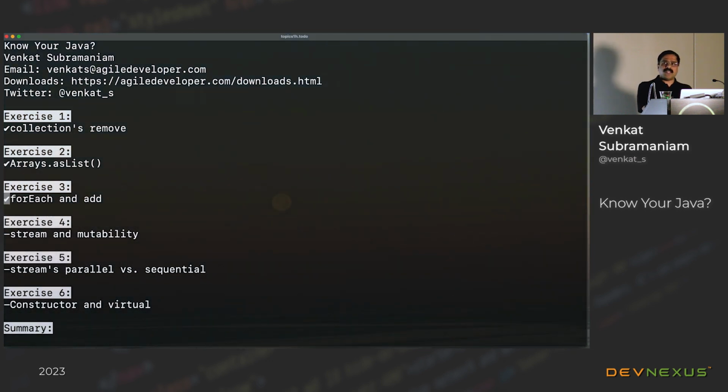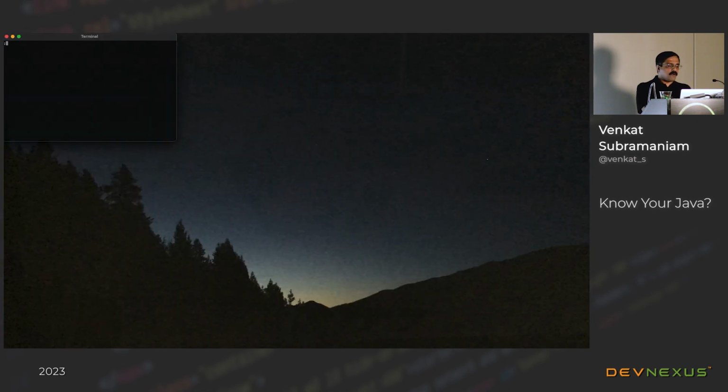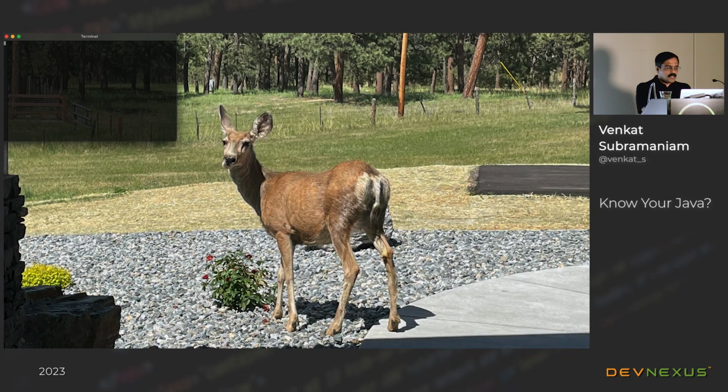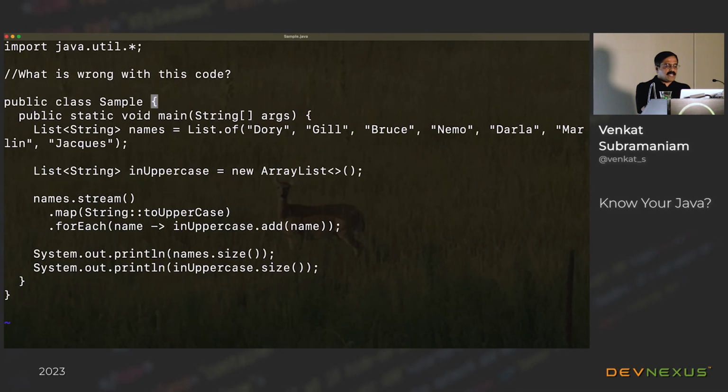But the next one is ouch, but I want to tell you a situation before I tell you that ouch. So this was an email I got from a developer. And his email started with these words. He said, Venkat, here is a piece of code that worked fine until yesterday. And it doesn't work as of this morning. What am I doing wrong?